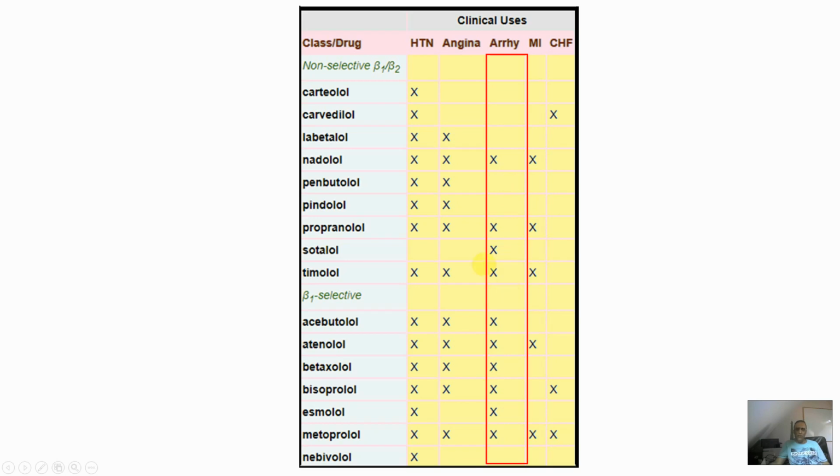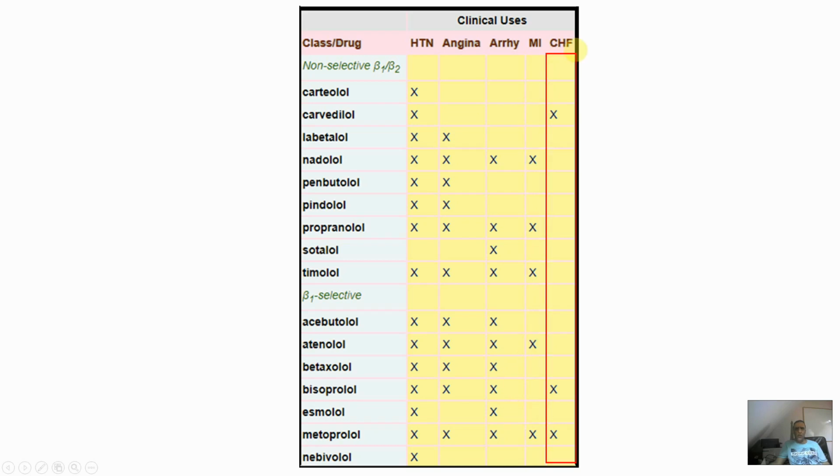But Timolol we can use also for glaucoma. For myocardial infarction, we can use just Nadolol, Propranolol and Timolol, which we also use for glaucoma, and Atenolol and Metoprolol. But for chronic heart failure, I mentioned before, we use just Carvedilol